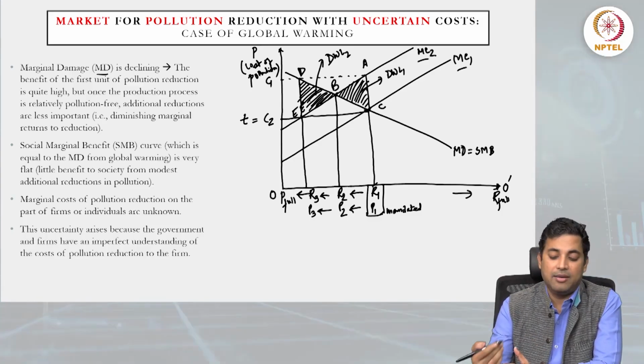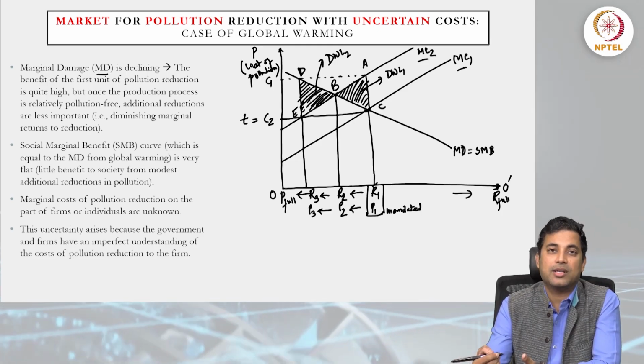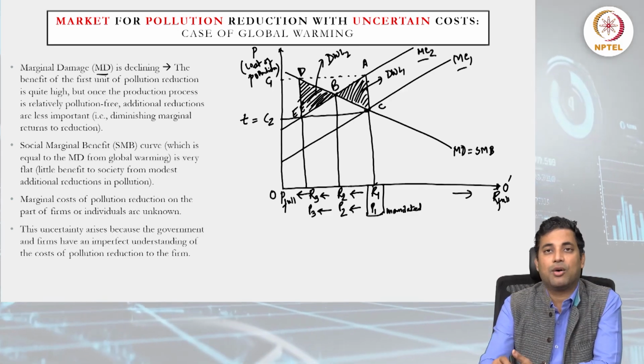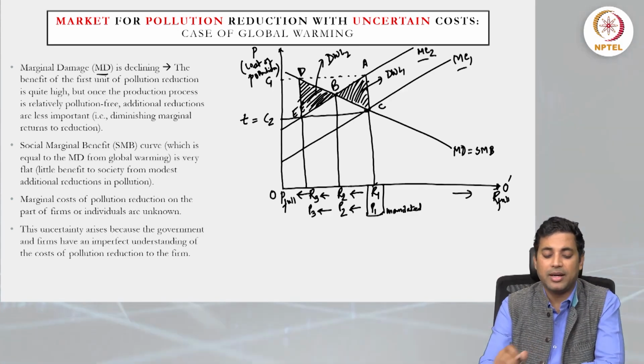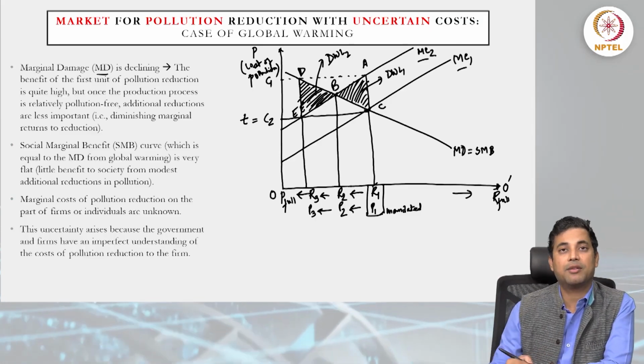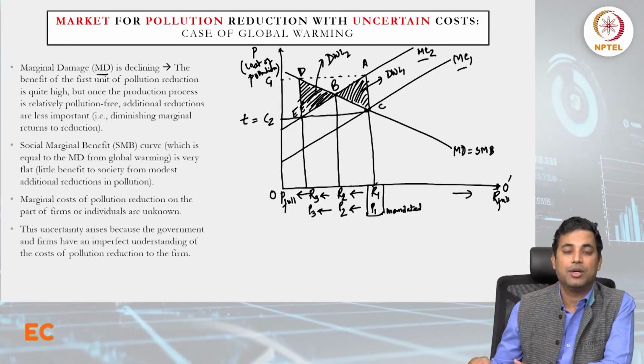So it is basically marginal cost is unknown to the government, and marginal cost is unknown to the farm, and that's how deadweight loss is occurring, right? So this is the market that we see, market for pollution reduction with uncertain cost in the case of